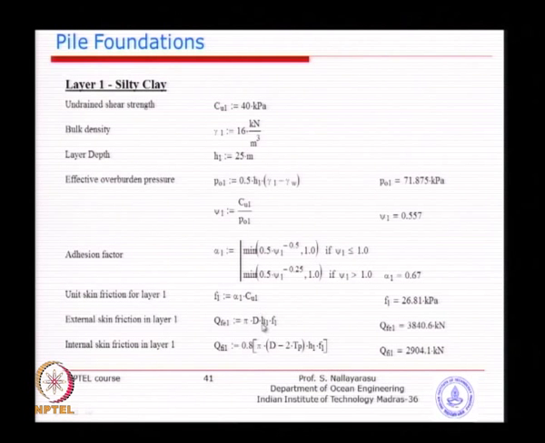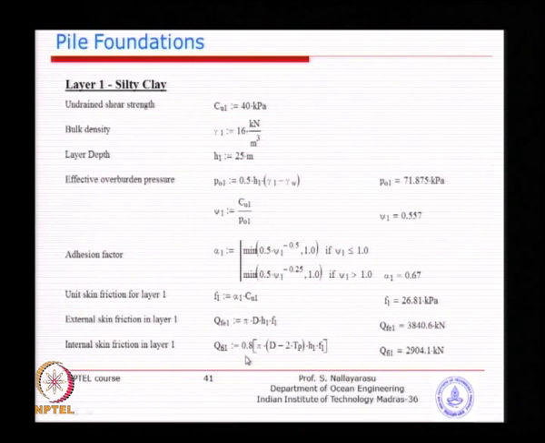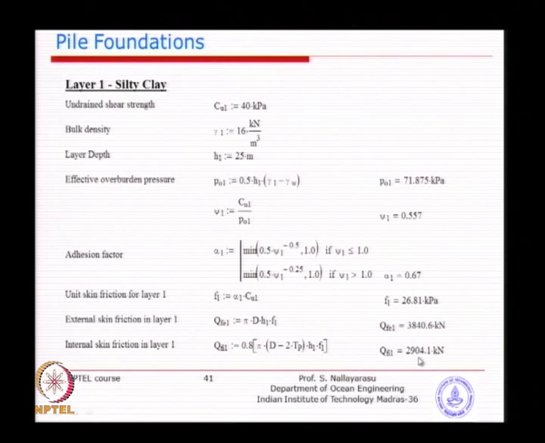Then the calculation of capacity within the layer is pi d times h. Pi d gives you the circumference and h gives you the surface area; multiplied by the surface skin friction, it gives you the skin friction capacity. I think very simple. So, the basic idea is this is external, and as I have already explained, we will normally take a reduced capacity of 80%, 70% for internal, because of the confined soil. So, you calculate the internal surface area by deducting the wall thickness and you get the internal skin friction. When you add internal plus external, you have the capacity of the soil at the inner surface and the outer surface of the steel-soil interface.